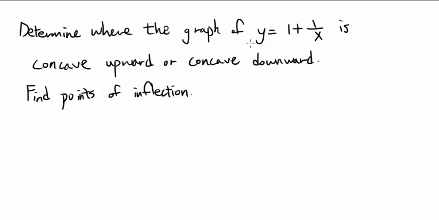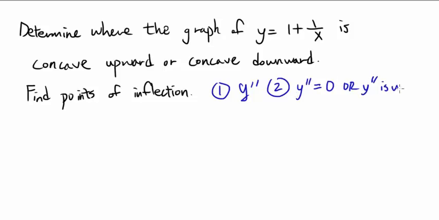Determine where the graph of y equals 1 plus 1 over x is concave up or concave down, and we also wish to find the points of inflection. How are we going to do this? We're going to start by finding y double prime, and we're going to find the points where y double prime is equal to 0 or y double prime is undefined,